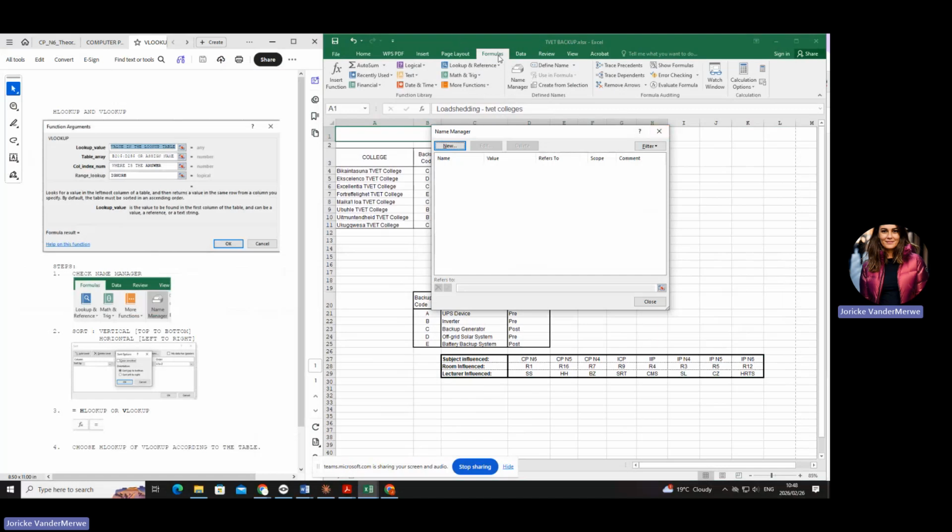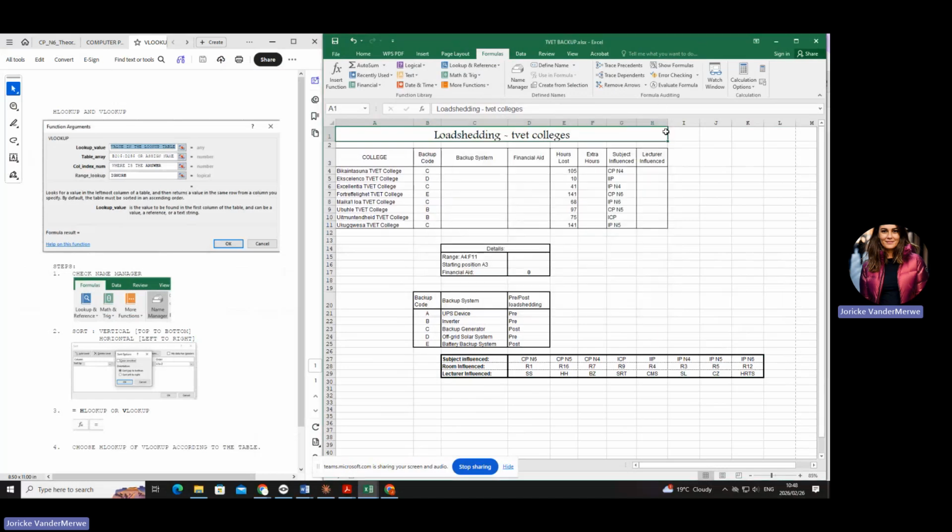So I went to formulas and this is what I said here. Check your name manager. You're going to go to the formula tab in the ribbon, check the name manager and just get a feel. Don't delete it if it's there, especially if the value wasn't giving you an error. Then leave it like that.